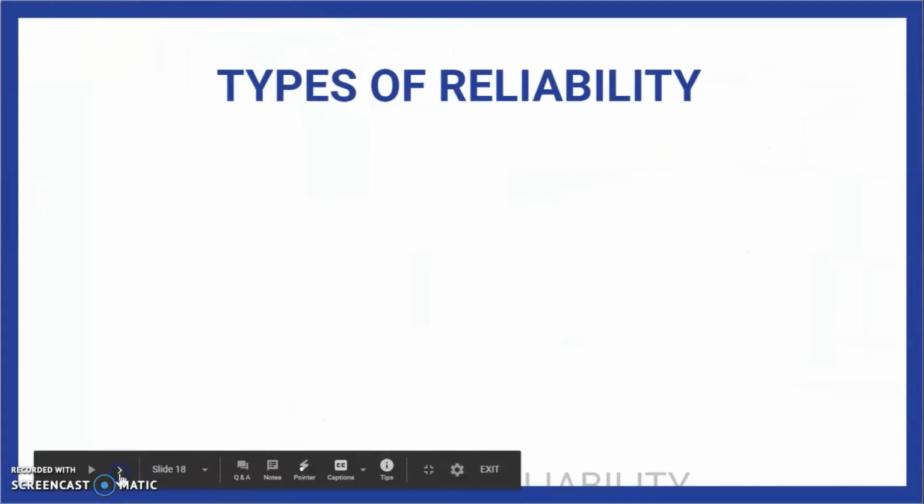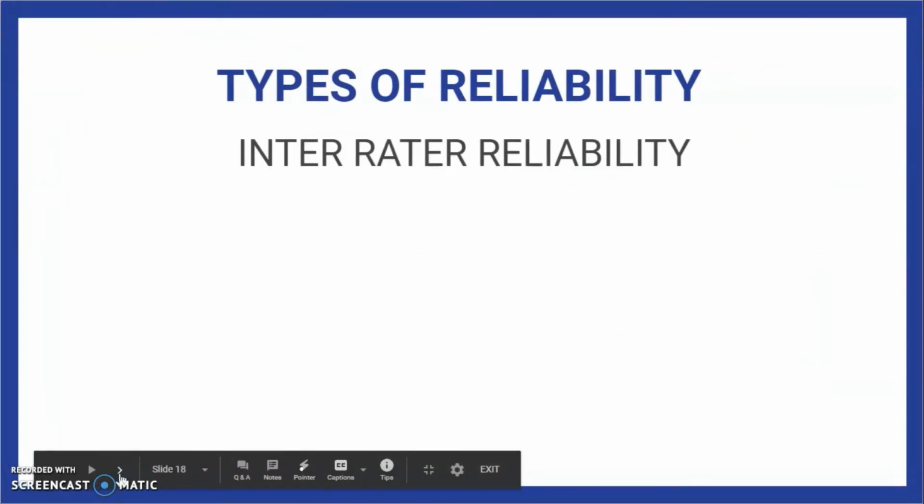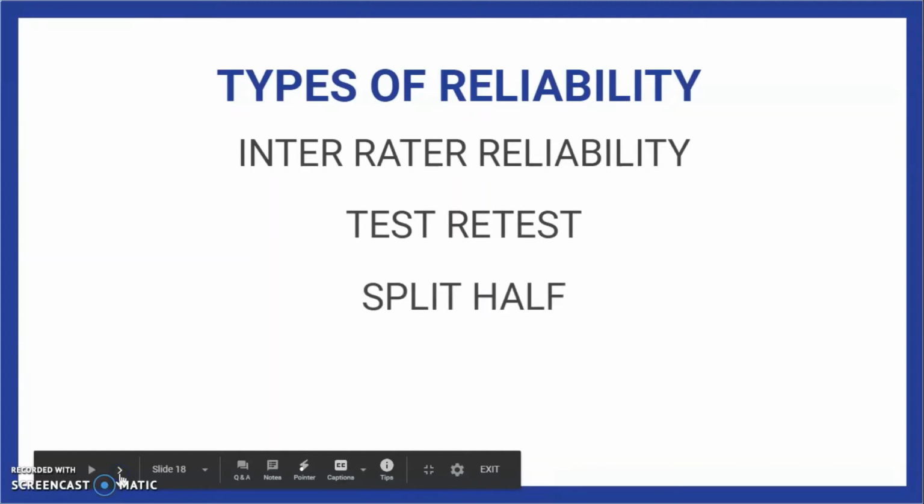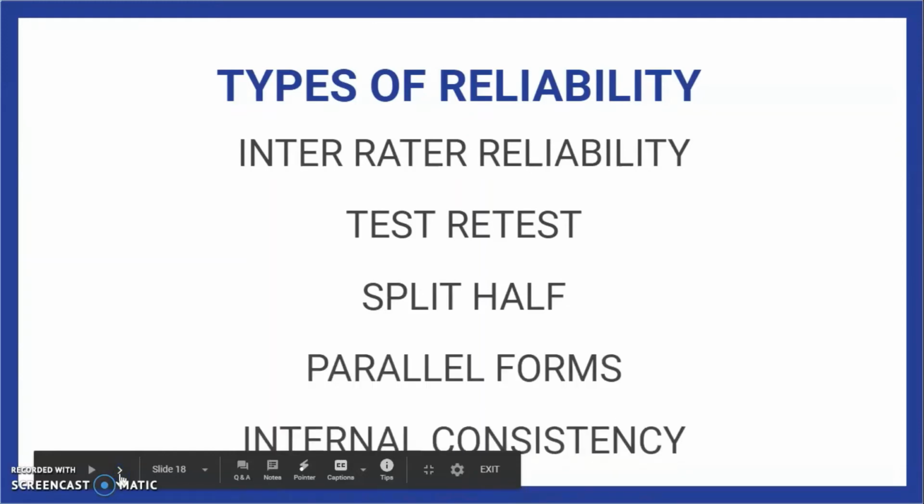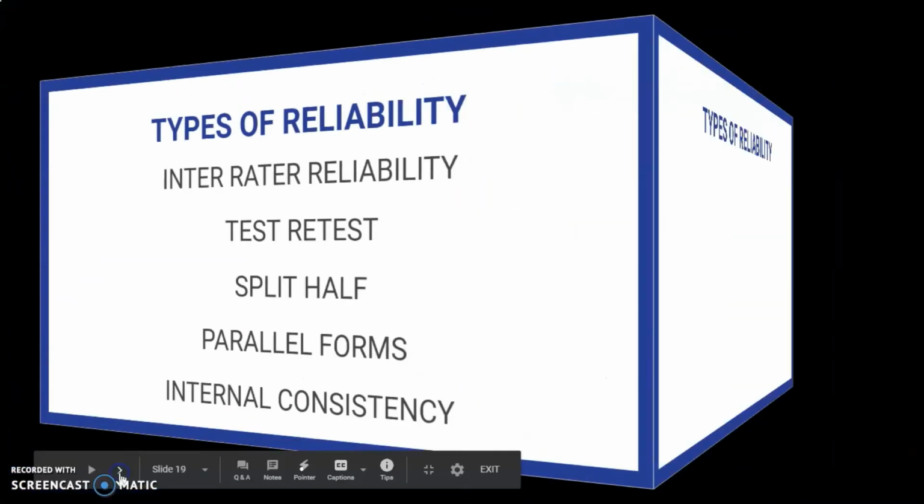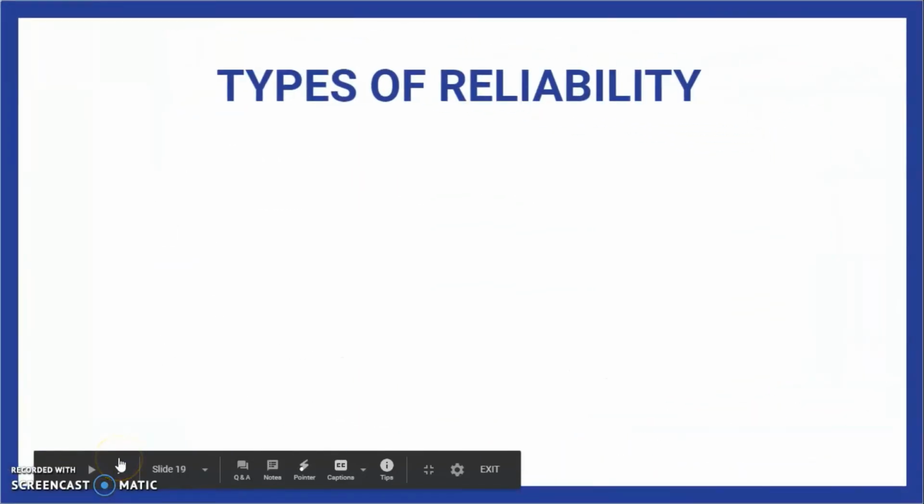The types of reliability are: one is inter-rater reliability, next is test-retest reliability, then we have split half reliability, then parallel forms, and also internal consistency. These are the different types of reliability. These are the different ways that we use to test the reliability of a tool. And let us see them one by one. The first one,